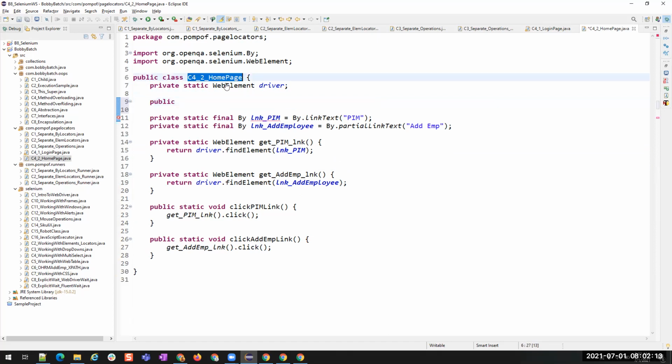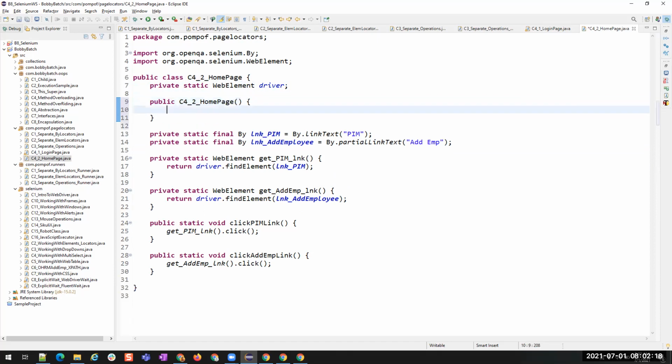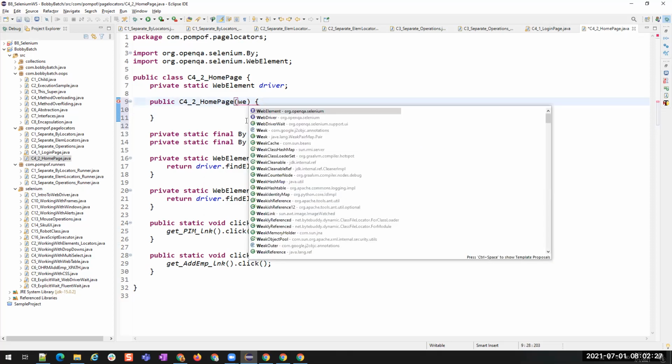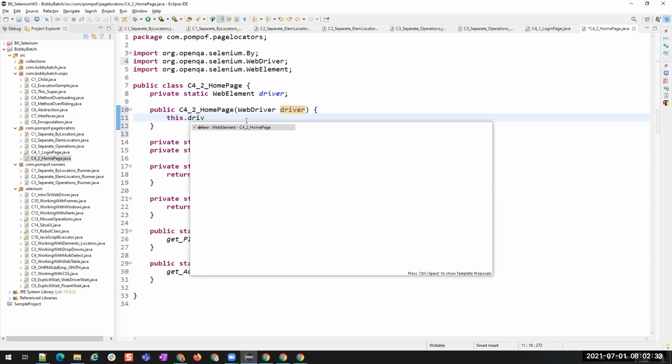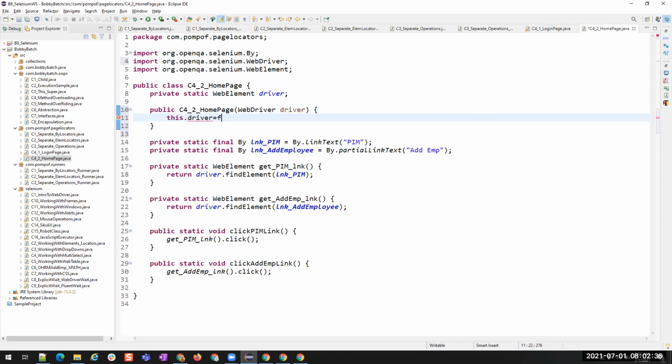Public C4_2 home page, which takes a WebDriver, driver. Something is wrong.